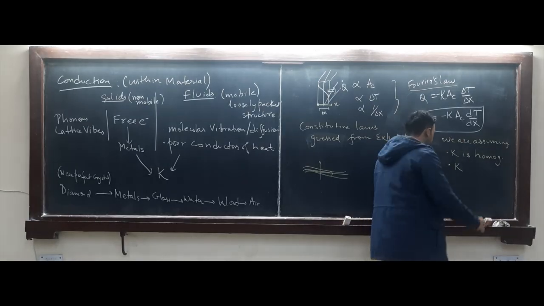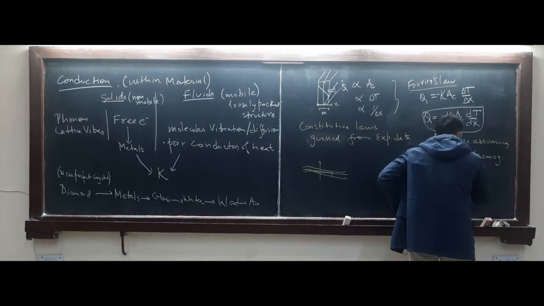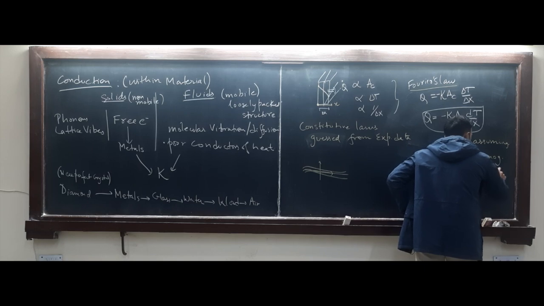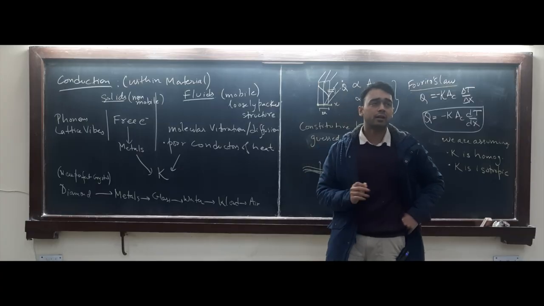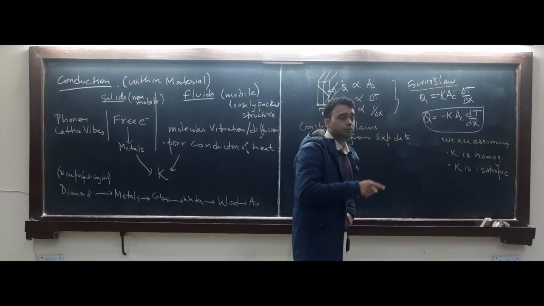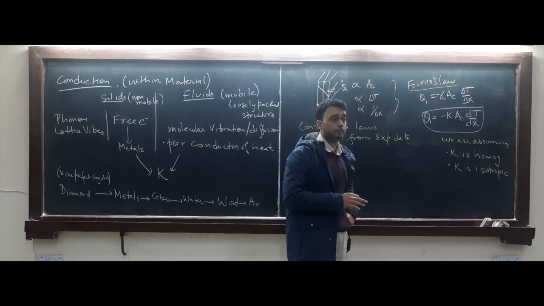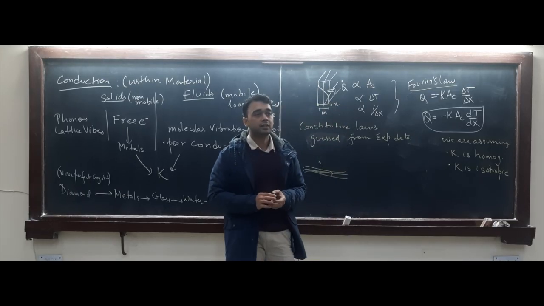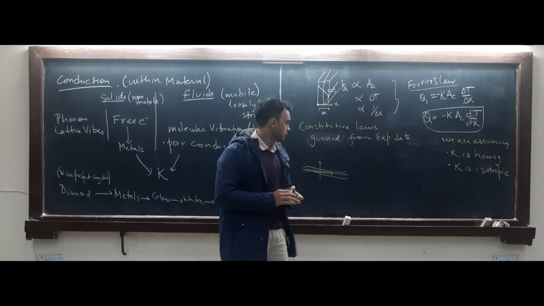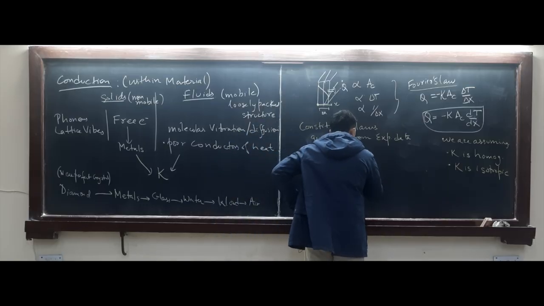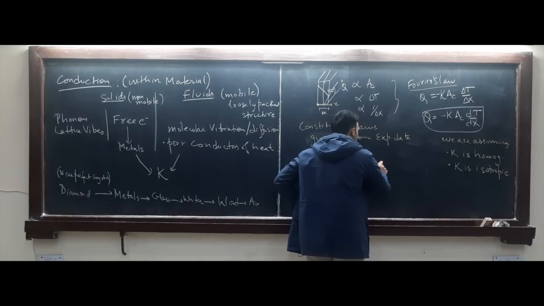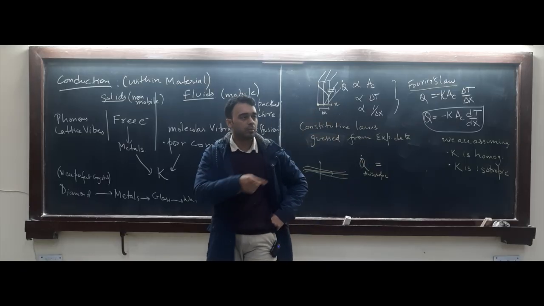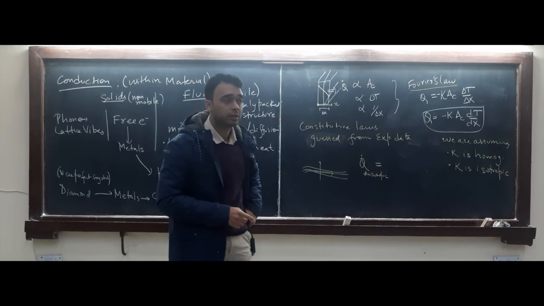Here we have assumed this k is isotropic. Isotropic meaning same in all directions. In the case of wood that I have shown you here, it is homogeneous, the same everywhere, but it is anisotropic. So can you tell me Fourier's law for anisotropy? Q dot anisotropic. Can you tell me the modified Fourier's law for a material like wood that I've shown you there?